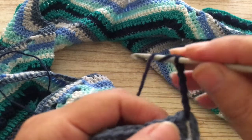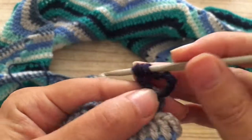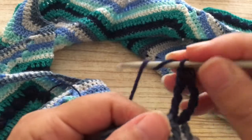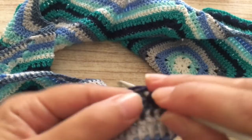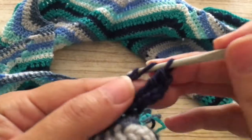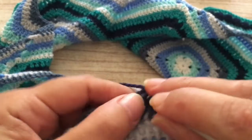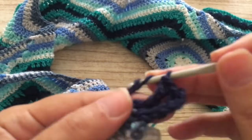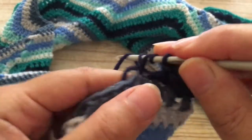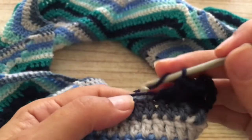Now we're going to do a triple treble, triple treble. You turn the thread 3 times on the hook. You go here, you make the first one, another 1, 2 and 3, and you make the second one. Now double treble, that is 1, and another double treble, and that is 2. Now 2 trebles,